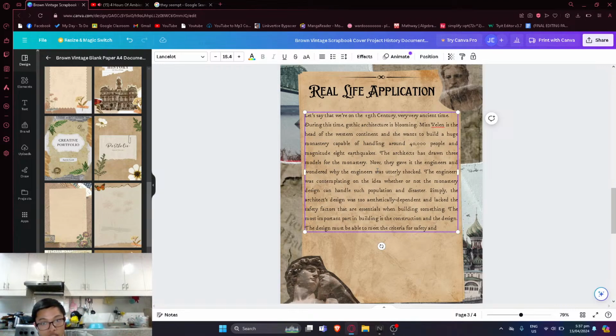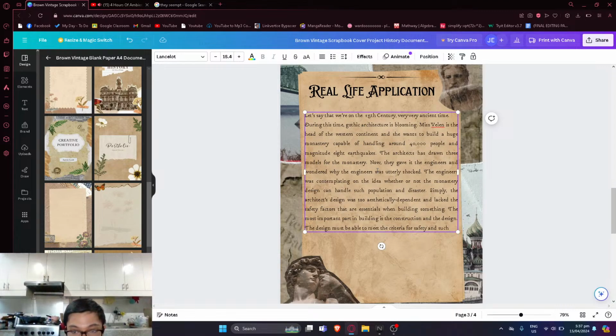Now, they gave it to the engineers and wondered why the engineers were utterly shocked. The engineers were contemplating whether or not the monastery design can handle such population and disaster. Simply, the architect's design was too aesthetically dependent and lacked the safety factors that are essential when building something. The most important part in building is the construction and the design. The design must be able to meet the criteria for safety and